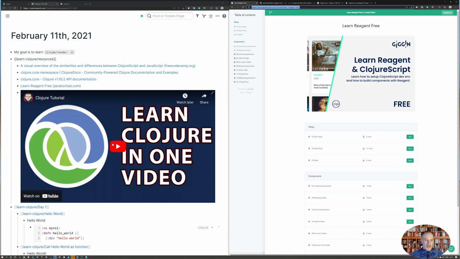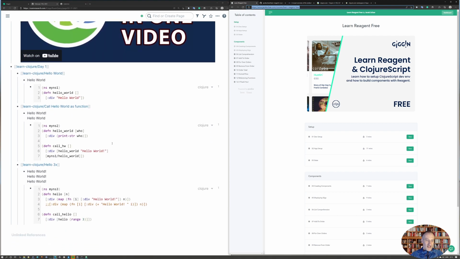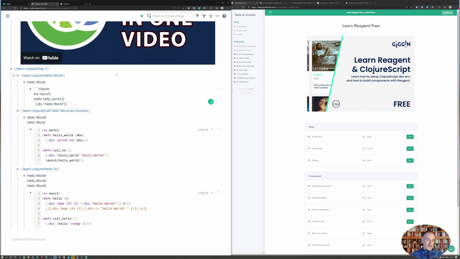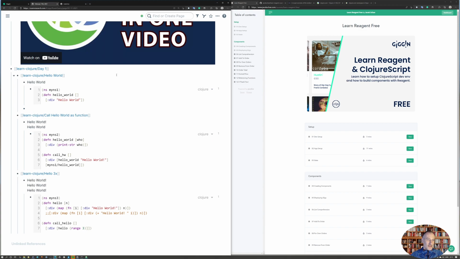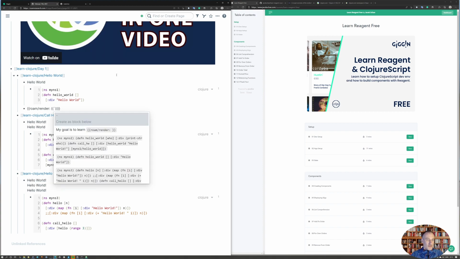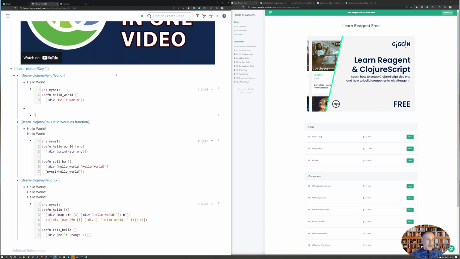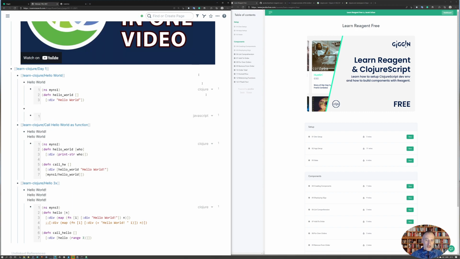So based on this, I started out, and so for today I attempted three things. I wanted to start with a hello world, and so how does this work? The way it works is, and maybe I'll just come down here and I'll do another hello world. So I type in Roam render, and then I open a block reference and I start typing my block reference. I hit enter to create new, and then I change the script to Clojure,